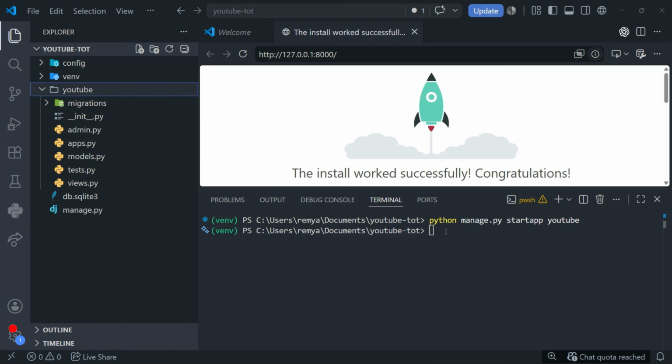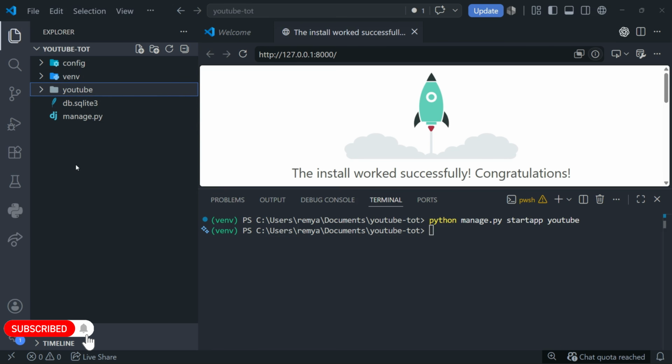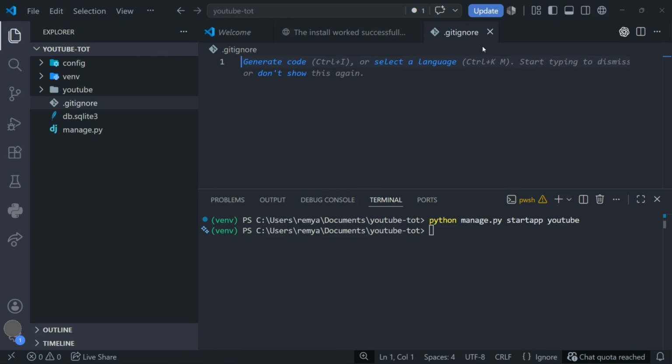Because it will be easier to start the virtual environment and also to deactivate the virtual environment. So now we can go ahead and create our .gitignore, because there are files we don't want to publish on GitHub. We can click on new file and call it .gitignore. This file will contain the folders and files we don't want to publish on